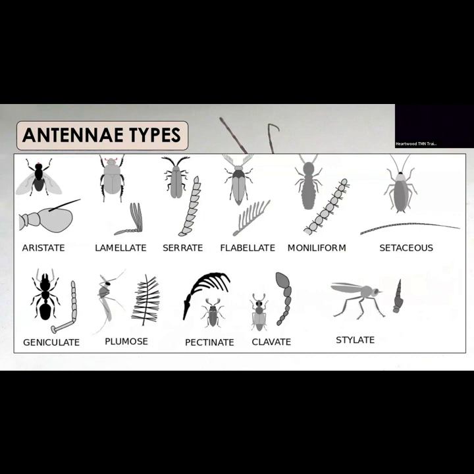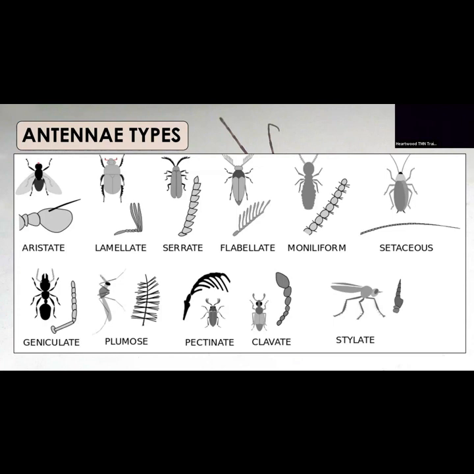And so they can be pointy. You have like aristate, which is stumpy with a bristle, or stylate. So those are things you'll usually find in flies or hoppers. Clubbed antenna, fluffy, pectinate. I like to call them feathery. These are feathery too. But you can find these in moths and beetles. And so the antenna shape is very important as well.